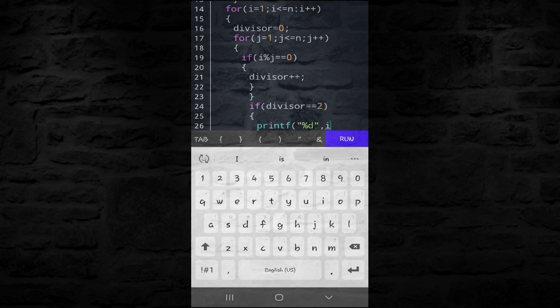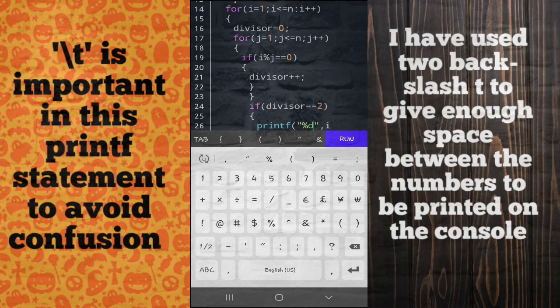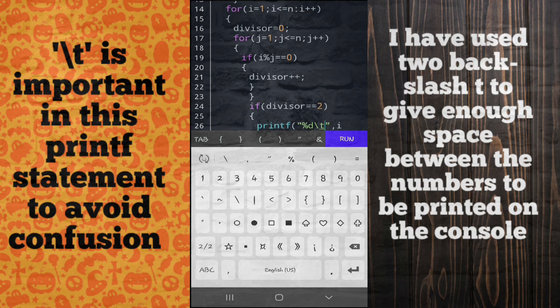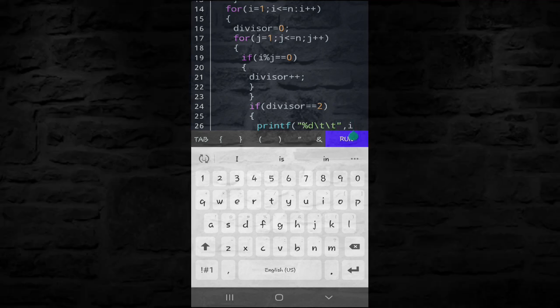And then, an important thing, we have to use a backslash character constant, that is an escape sequence. If you do not know what an escape sequence is, for this I have given the link below in the description to go and watch it to get a better and clearer idea.